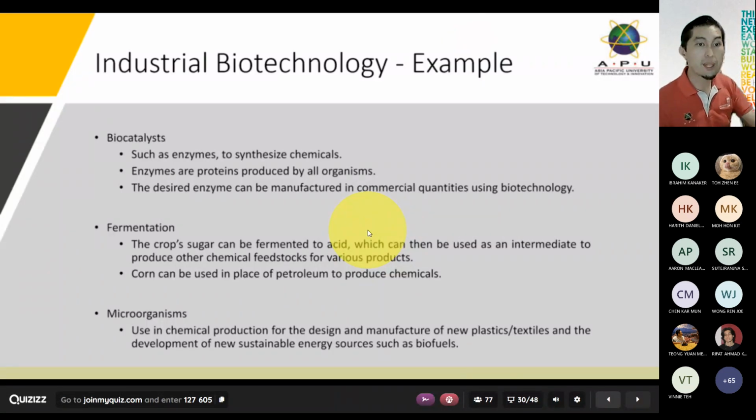So there are more examples being shown here, right? The usage of enzymes is affiliated directly to industrial biotech. Most of them are protein based, and of course they use this for different aspects of manufacturing and so on. Fermentation as well is also being used under industrial biotechnology, as shown here, in place of petroleum to produce certain types of chemicals. The last one down here is of course again going back into textile and also